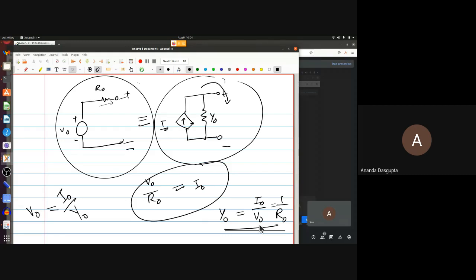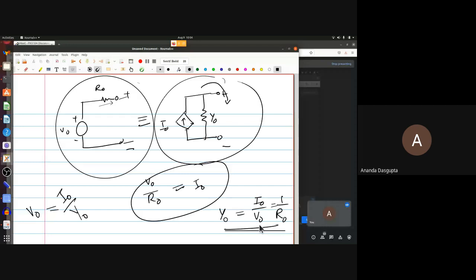So does that answer the original question? Yes, sir. Okay. Now, you should still check one thing. I've just used the fact that these two are equivalent. And if they are equivalent, that means no matter what you do to the two ends, you should get the same result, right? So I said, okay, let's put a short. That's an easy case. And that tells us what the current is in both cases and equate them.